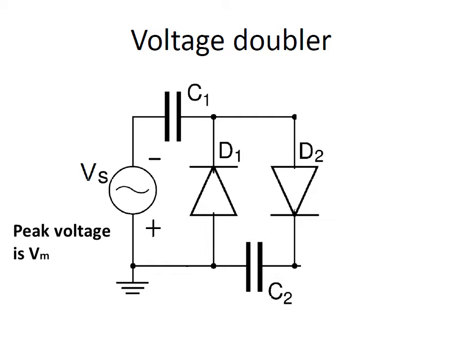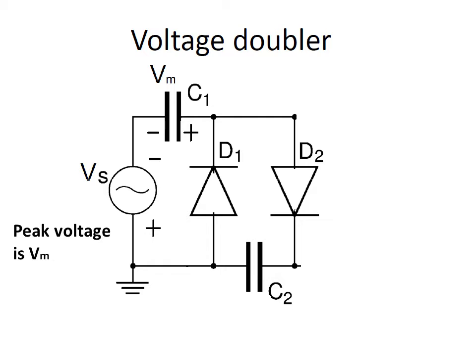That will charge the capacitor C1, and therefore the C1 plates will acquire polarities like this. The right plate will be positive and the left plate will be negative. Once the charging is complete, C1 will be raised to a potential equal to the maximum potential available from the source, which is Vm. Thereafter C1 will act like a battery of voltage Vm.